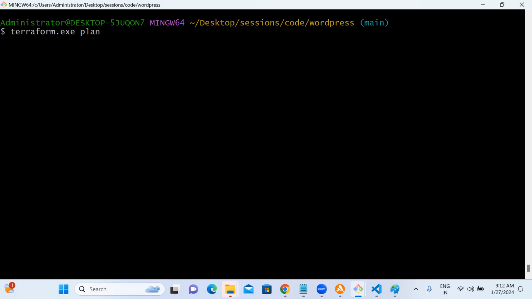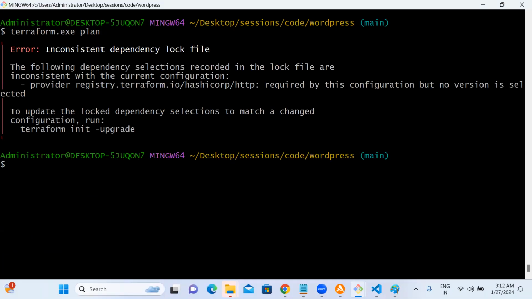That installation we will do manually. Now what usually happens here: if you add any extra providers, like you remember provider AWS, now I have added one extra provider called HTTP to get the dynamic IP. So if you add any extra provider, you need to run Terraform init again. It will download that extra provider.